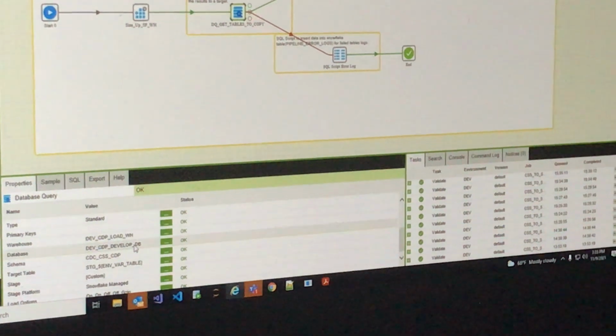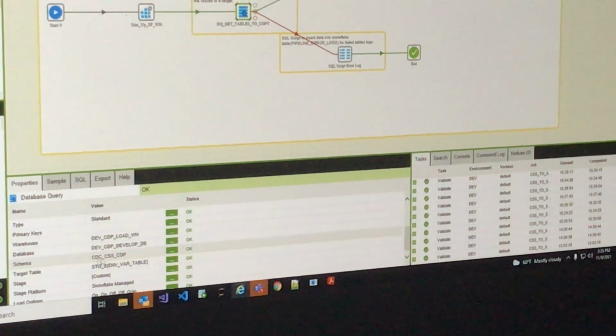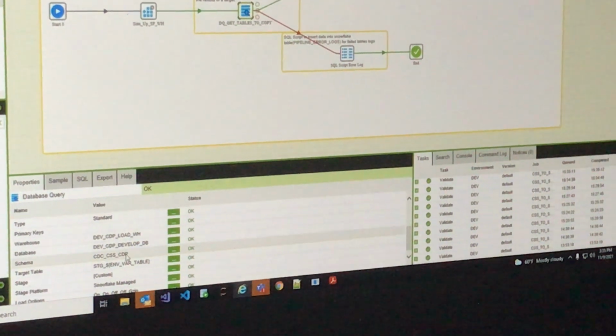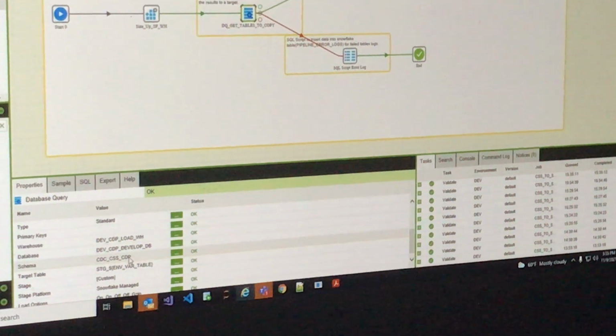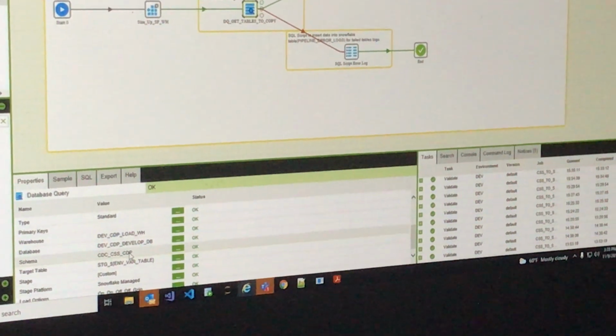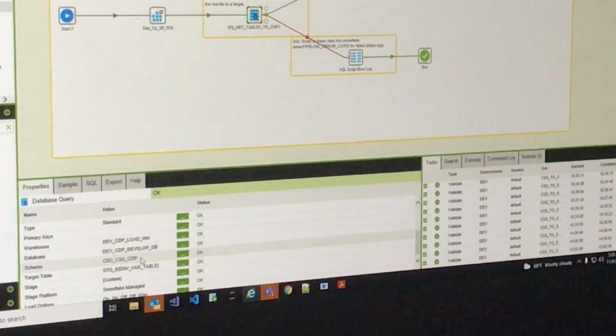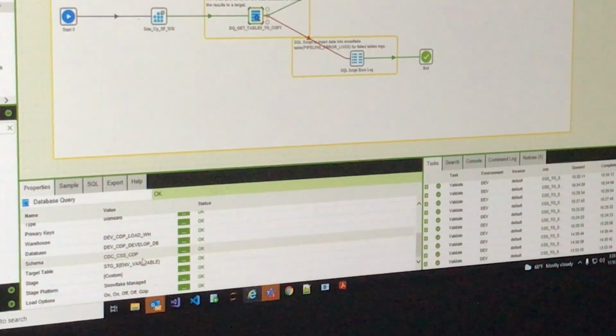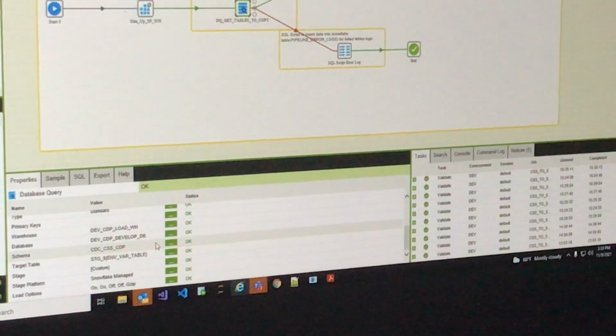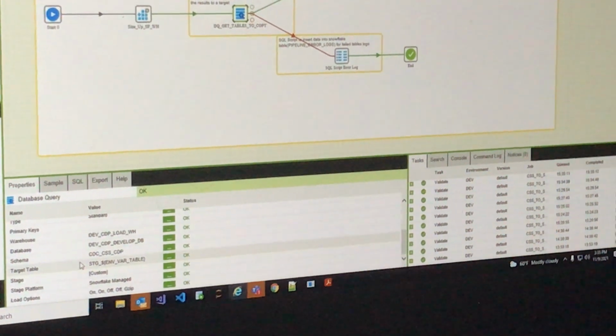Database, we have only one, so no need to worry. For the schema, whatever schema you want to load, you have to select that schema. Right now we want to load the CDC database, and all the schemas will be shown. We are creating it in CDC. And for a target table,